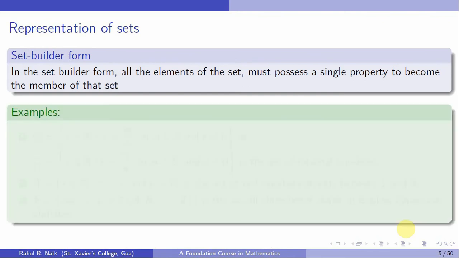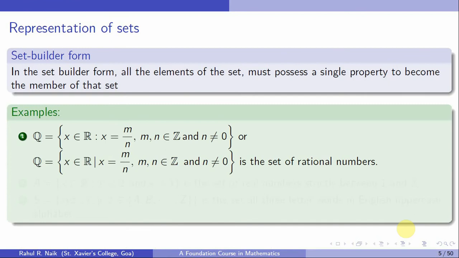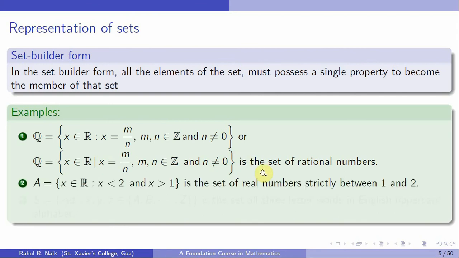Like you have the set of rational numbers, it's a subset of R, right? So I'll denote the object as x in R, where x has a certain property. And what is that property? x is of the form m by n, where m and n are integers and n is not equal to 0. The other way of writing it, see, this is separated by a colon. We read it as "such that", and that colon can be replaced by a straight line. Okay, so just observe this.